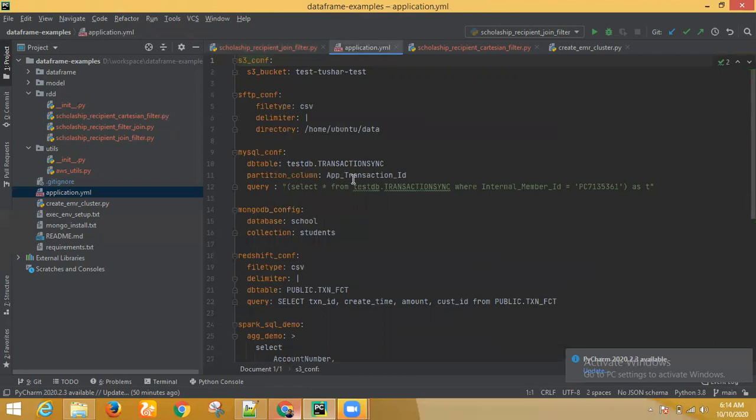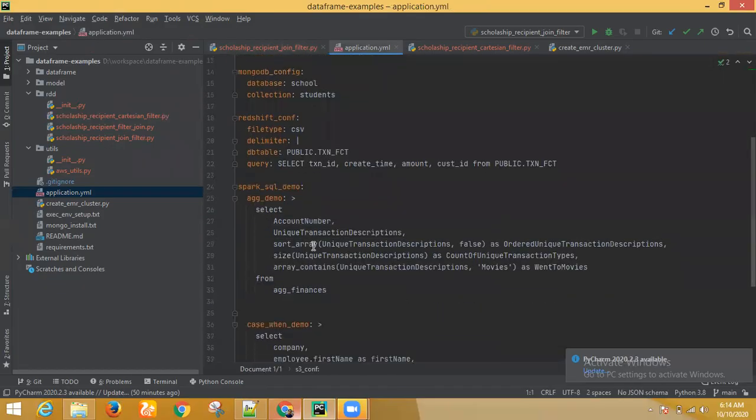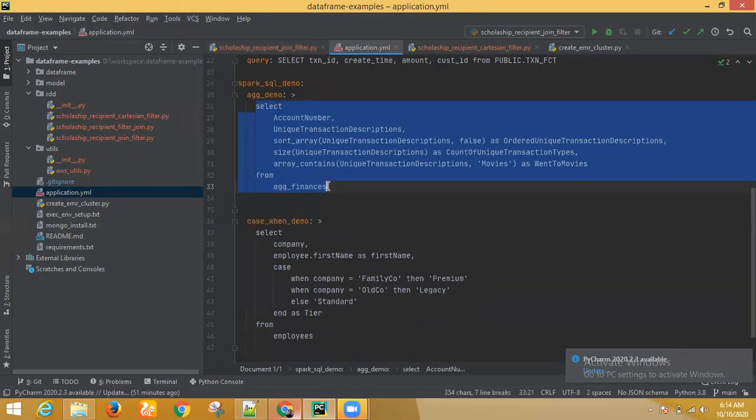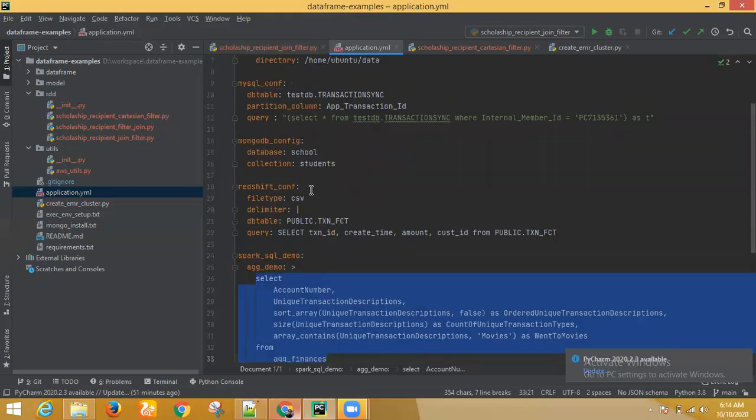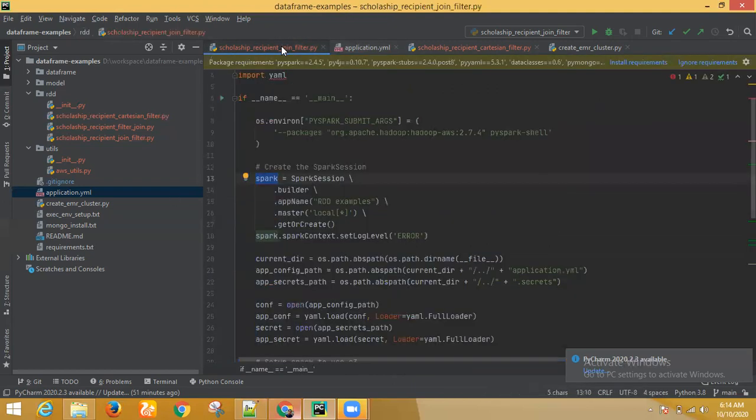Okay, the .secrets file I will just share with you. So you can see all the application level changes. Here I am executing some SQL queries that I mentioned here. I'm reading some files, some columns, all these things are mentioned here. So just for now, assume your application has some configuration and you have segregated them into two parts. One is application level, another is system level or the secrets file. That's how we are maintaining our configurations. So something you're following, right? What I'm trying to say here.